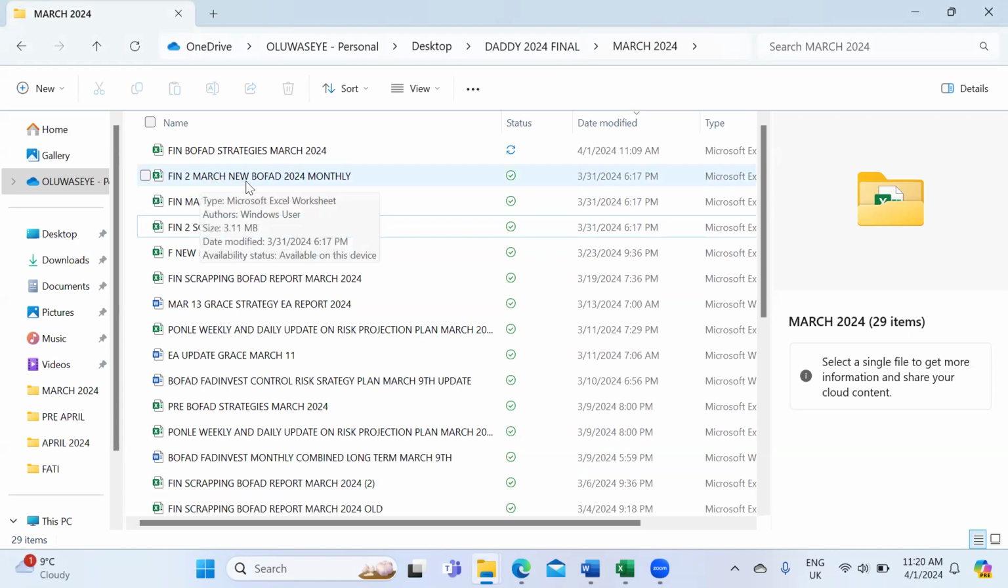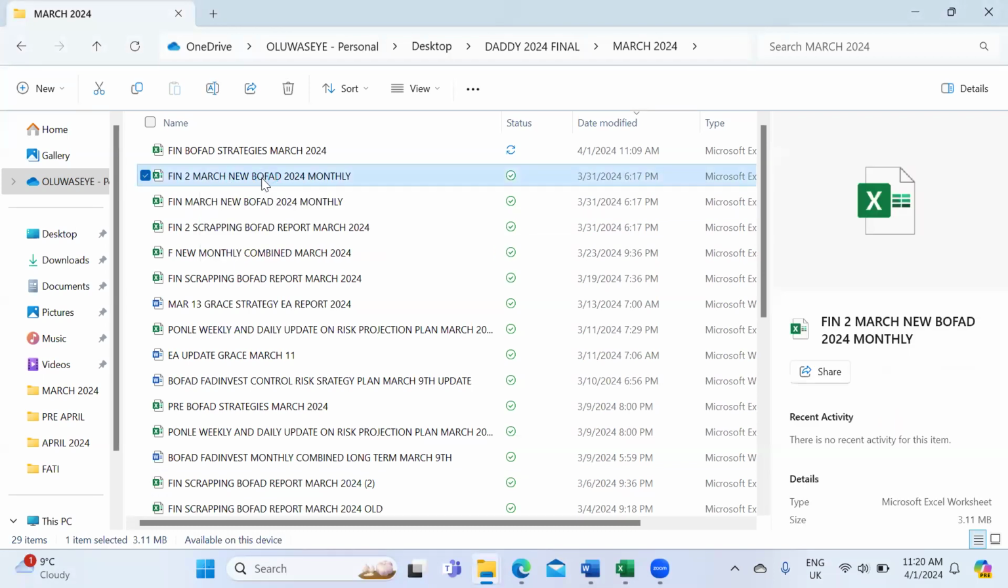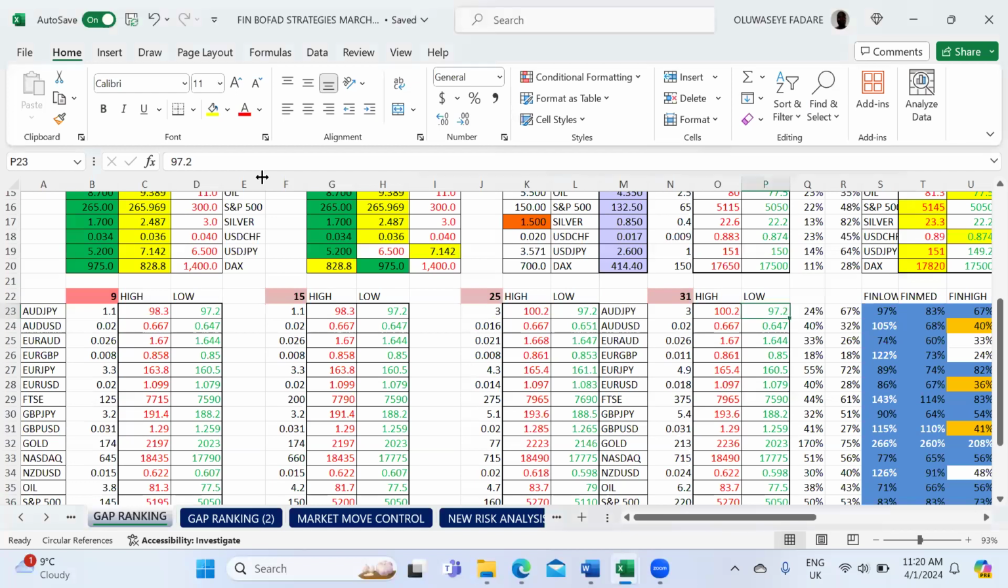Fin March New Bofad 24 monthly. Because it's usually Fin, but this is Fin 2 actually, but it normally is Fin. So sometimes when I try to receive it again and continue, then I label it as 2 or 3. Okay, so March New Bofad 24 monthly. So that's where we obtain our data from. Okay, so this data